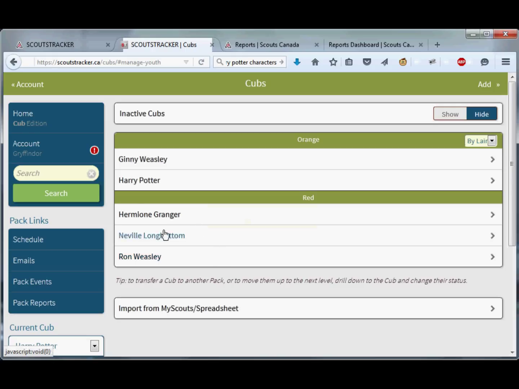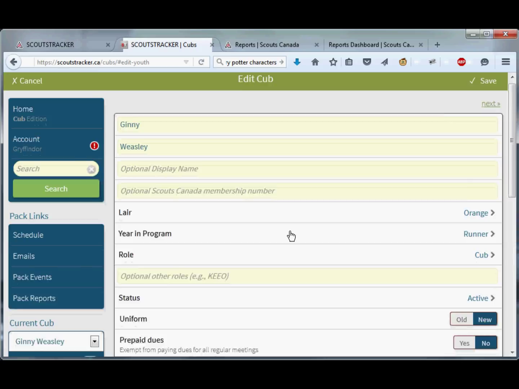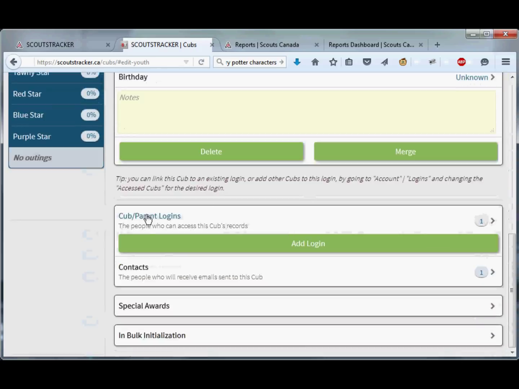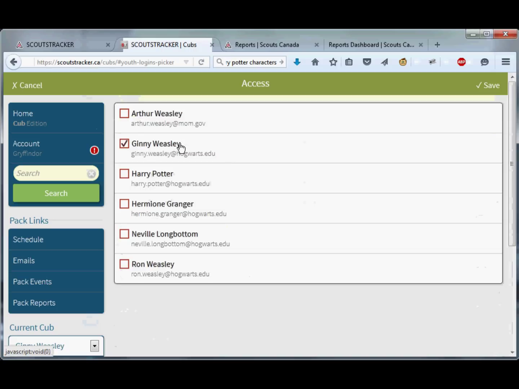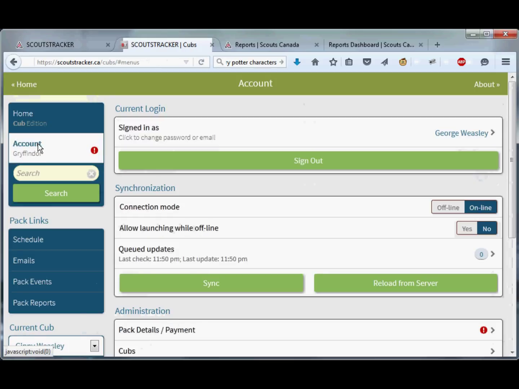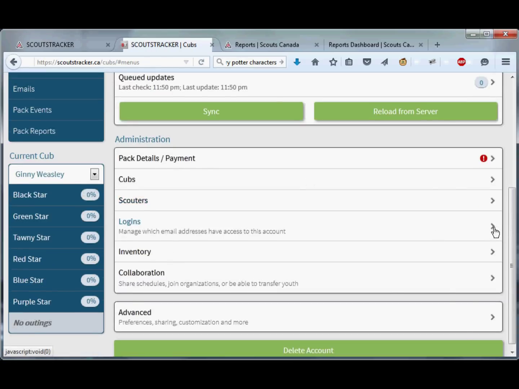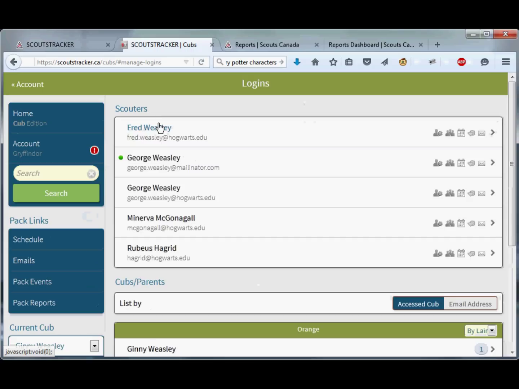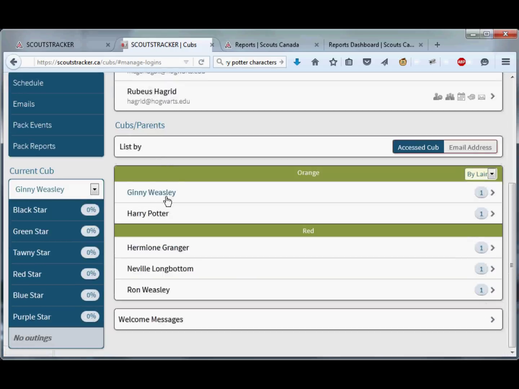Alright, so let's take a look at one of our imported cubs. Closer look. Down in this section we have the cub parent logins, the people who can access this cub's records. Right now there is just one. So let's go back. At this point I'm going to go back to the account and check the logins. Up top we have a number of Scouter logins. Those were included with the My Scouts report. So these are already filled in for you. At the bottom we have the Cubs